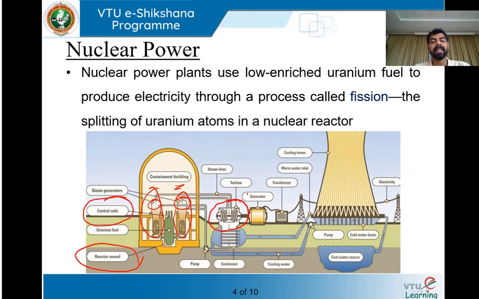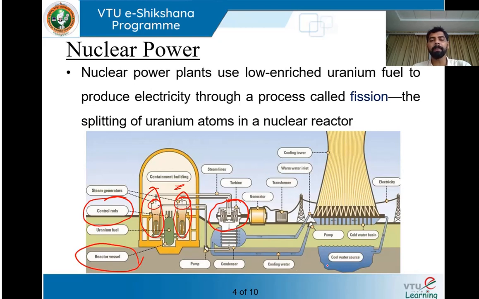That means the energy possessed by the fuel was converted into heat energy, and that heat energy in turn was converted into mechanical rotary motion, which is our mechanical energy. Once we get this mechanical energy, it can be coupled with a generator to generate electricity. So mechanical energy is converted into electrical energy, and using the transmission line, the transformer and all those things, we can step it down or whatever, depending on our requirement, and take it out for usage.